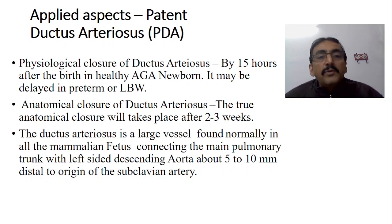Now, physiological closure of the ductus arteriosus usually occurs within 15 hours after the birth in a healthy, appropriate to gestational age newborn. It may be delayed in preterm babies or low birth weight babies to some extent. But anatomical closure of the ductus arteriosus, that means completely, anatomically it is closed, takes about 2 to 3 weeks. Okay, the true anatomical closure will take place after 2 to 3 weeks, but physiological closure will take place